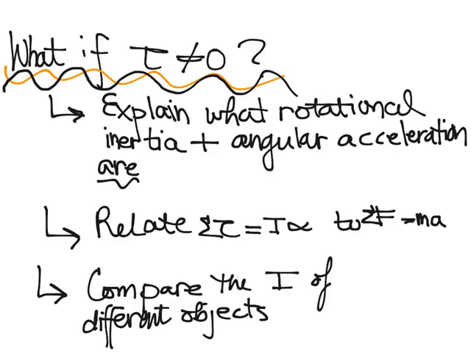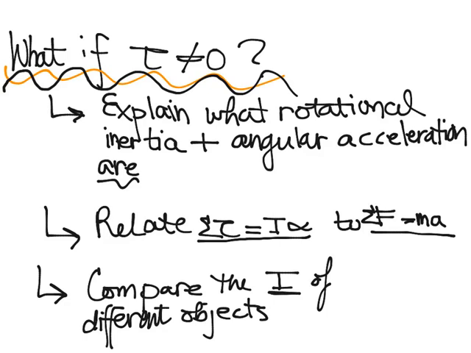This video is about when tau, or your net torque, is not equal to 0. By the end of this video, you should be able to explain what rotational inertia and angular acceleration are. You should be able to relate this equation, sigma tau equals I alpha, and I'll explain what those variables mean, to sigma F equals ma, and you should compare the different I, and I in this case is your inertia